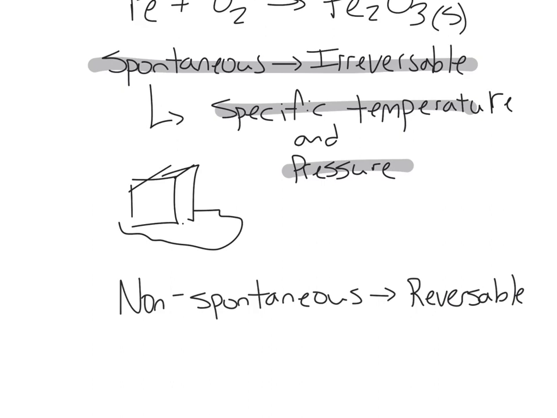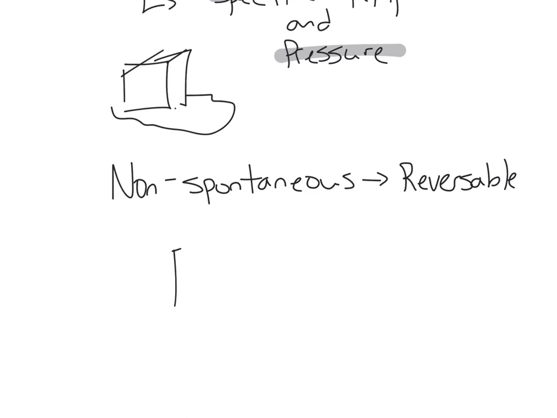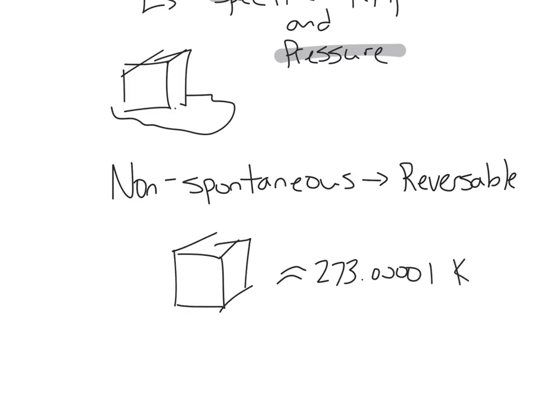The example in the book that they give of a non-spontaneous situation is, imagine you've got a piece of ice sitting on a table or sitting in an environment where the temperature is right at 273, and maybe it's a fraction of a degree or a fraction of a Kelvin above freezing. So you're looking at 273.00001, where the temperature is close to 0 Celsius but a little bit above. And technically, if you're able to look at the ice on a microscopic level, it's both melting and freezing at the same time in a reversible, non-spontaneous way.